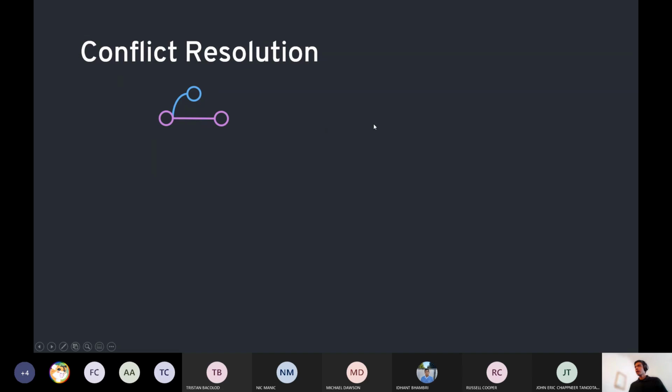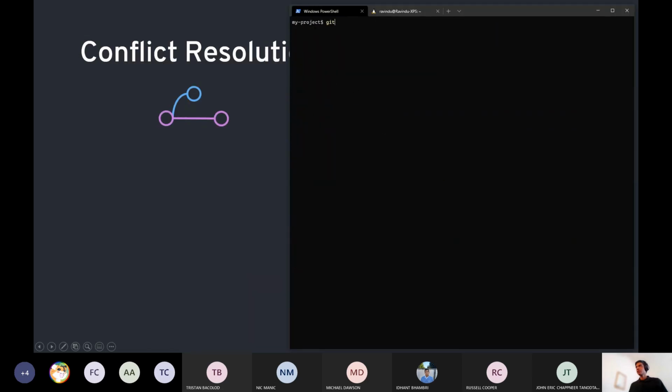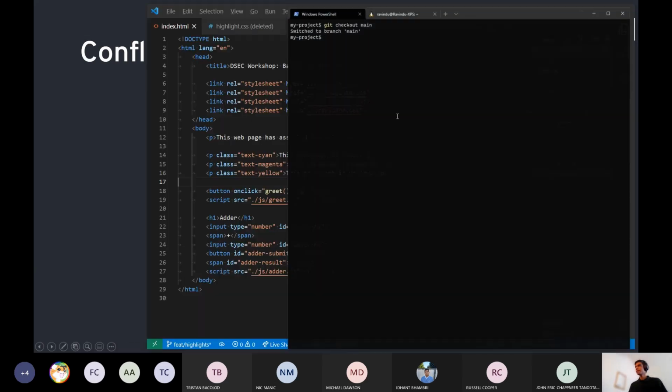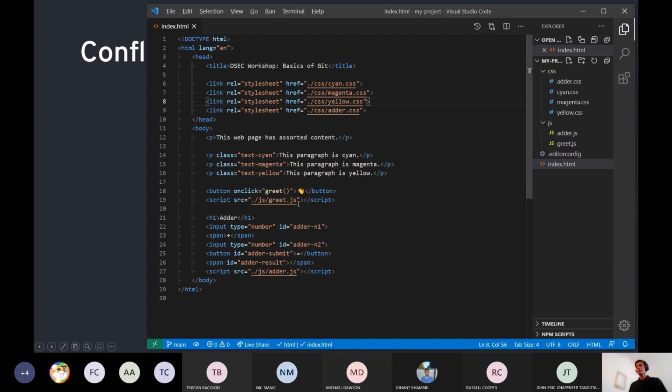So to do this, let me git checkout main, go back to our project, and as part of this, I might just change cyan, magenta, and yellow to actually red, green, and blue.